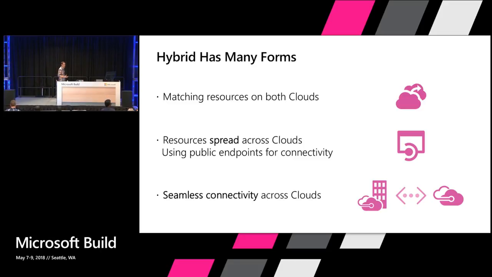And some type of connectivity can be something simple, as we did today. We leveraged an Azure Queue endpoint. Or something more elaborate, such as VPN or Express Route, which will allow your workload to, if you have a VM running on a VNet in Azure Stack that is VPN'd to Azure, that VM has access to the resources on the VNet in Azure and vice versa, right? So connectivity definitely enables you to spread your workloads around.